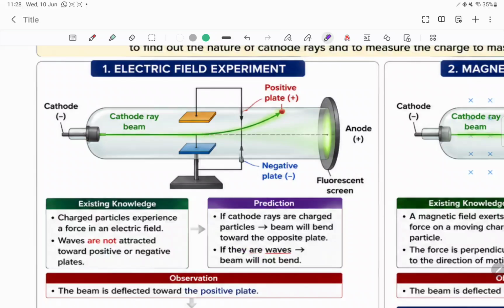But what did we observe here? The beam deflected towards the positive plate, as we can clearly see here. As we know from basic knowledge, who attracts each other, likes or opposites? Opposite charges attract each other. Since this is our positive plate and the beam is going towards the positive, the charge would be what? Negative. So this observation concludes